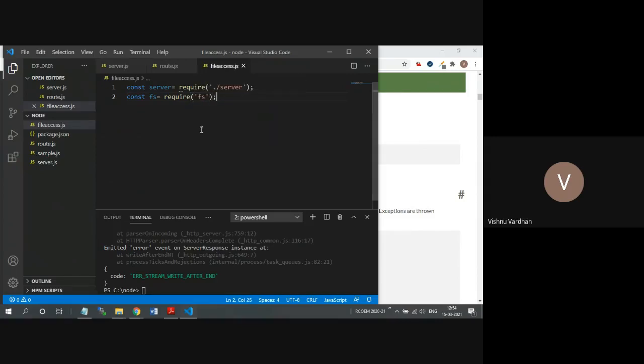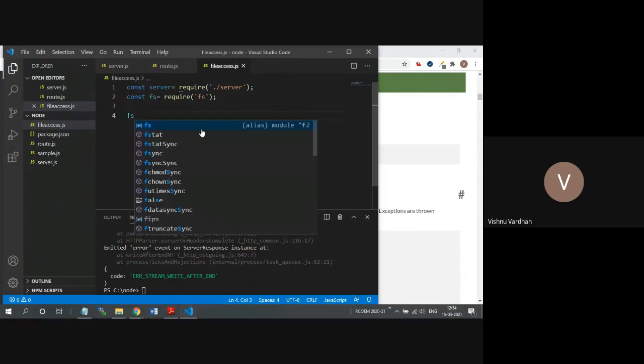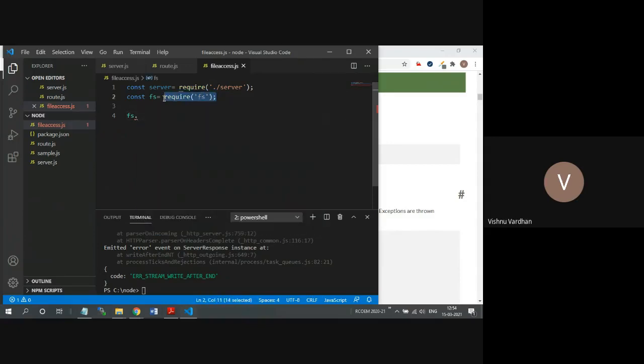This particular feature is going to be available now in this fs object. You can see fs directory, fs stats, write stream, read stream. All these supported methods are available once you have taken this package into this constant variable.